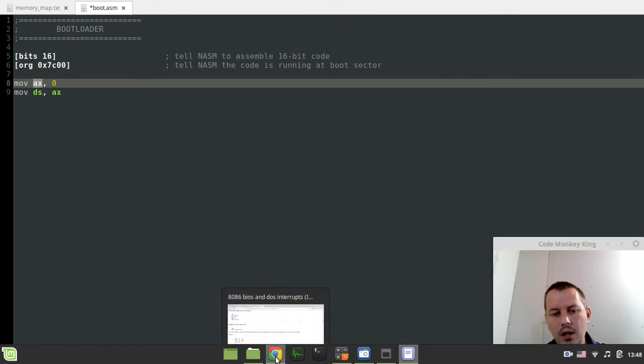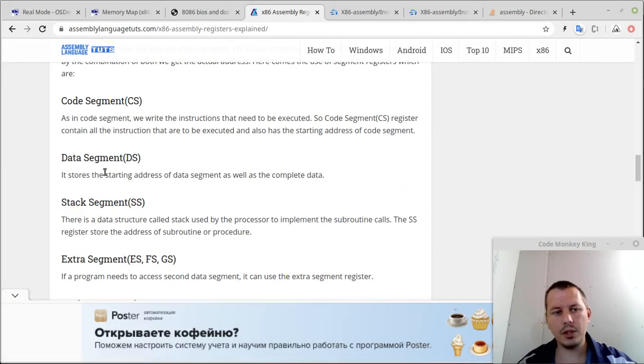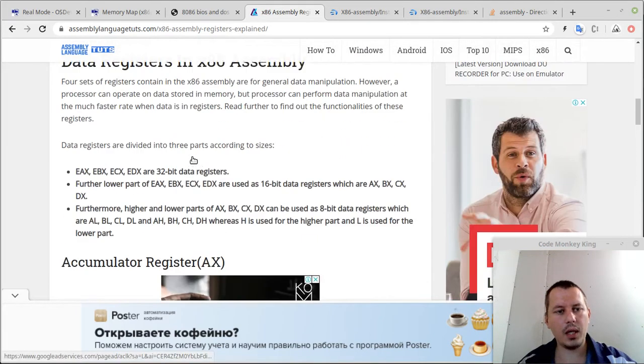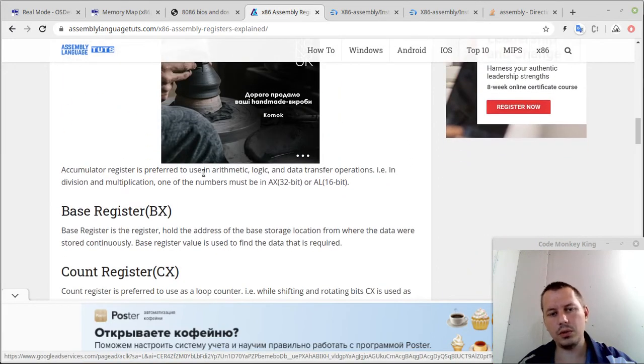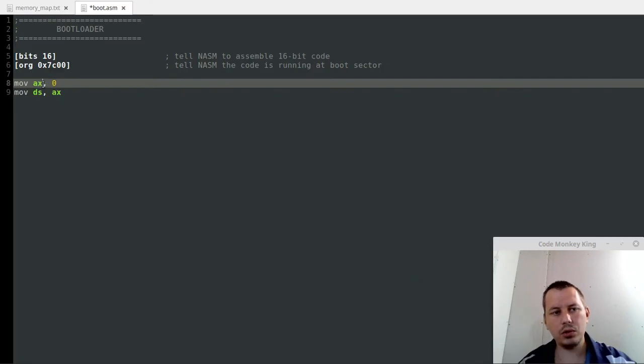So it's absolutely essential to do this. Here you can read about the data segment, which stores the starting address of the data segment as well as the complete data. Regarding the registers themselves, AX is the accumulator register, usually used for arithmetic, logic, etc. It's really useful for arithmetic. But in this case, we use the AX register just to